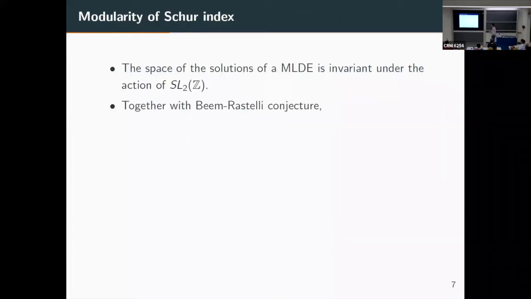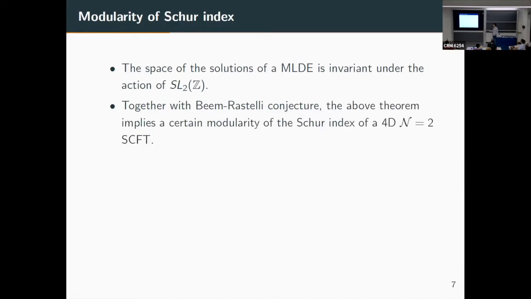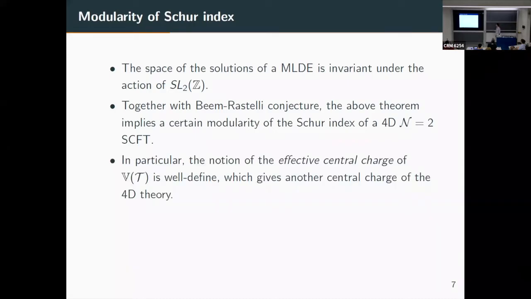So this shows a certain modularity of the character of the ordinary representation, in particular of the vertex operator algebra itself. And the character of a vertex operator algebra is supposed to be the Schur index. So this shows a certain modularity of the Schur index of the 4D theory, which cannot be proved in other ways as far as I know. And this modularity is important because the notion of effective central charge is well defined,